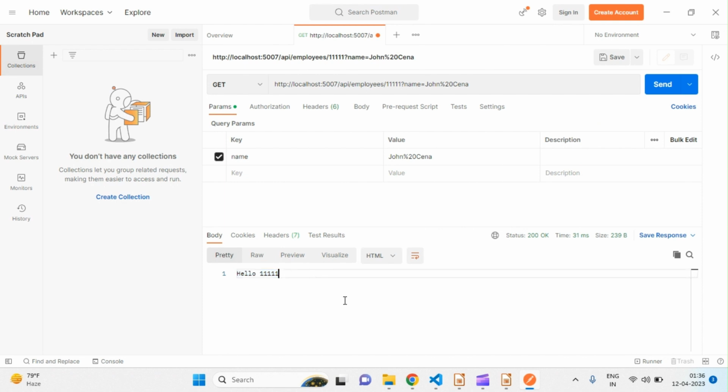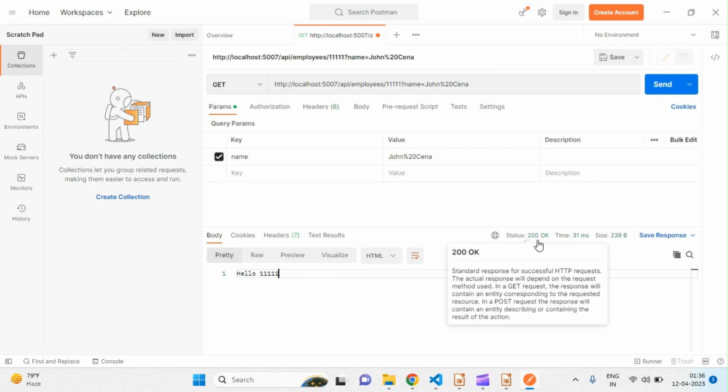Okay. So now if you have observed, I got a status of 200. This is the standard response for a successful HTTP request. If you scroll your mouse here, you'll get the definition of it. This is a standard that usually every programmer follows. But if you want to, as per your organization protocols, or you want to maintain your own statuses, you can